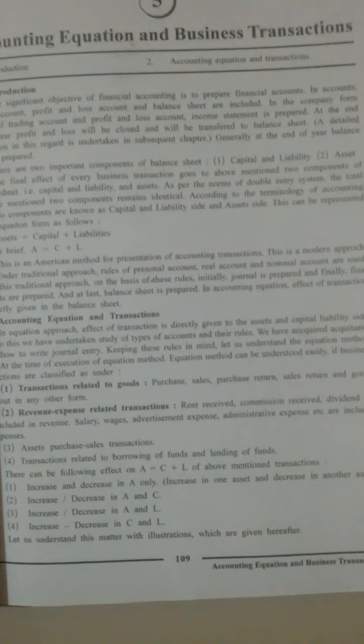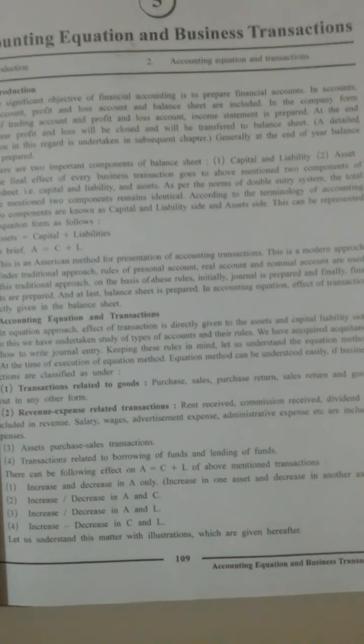equals to, first, assets equals capital plus liability, and then capital is also increasing, so the capital account would be affected. You have to write capital here and the amount 50,000. You can see that both the columns are matching. Remember that assets should always be equal to capital plus liability.